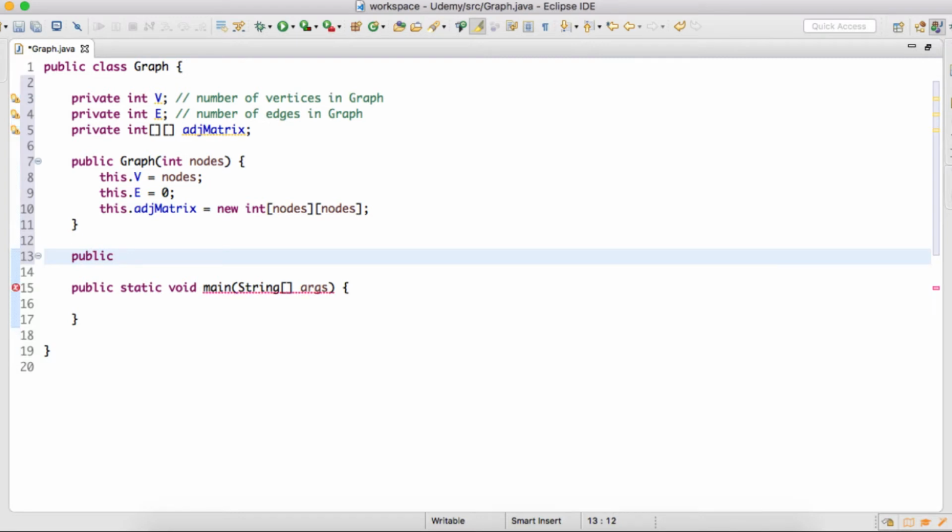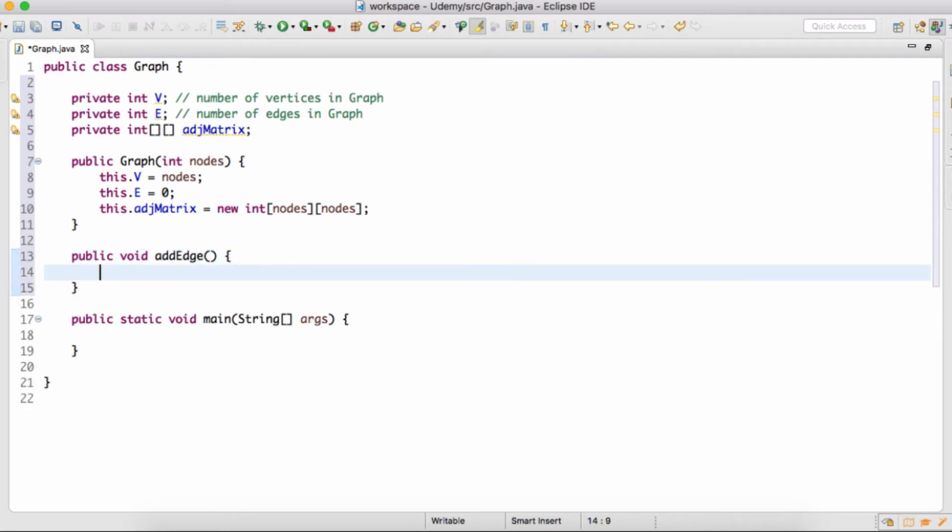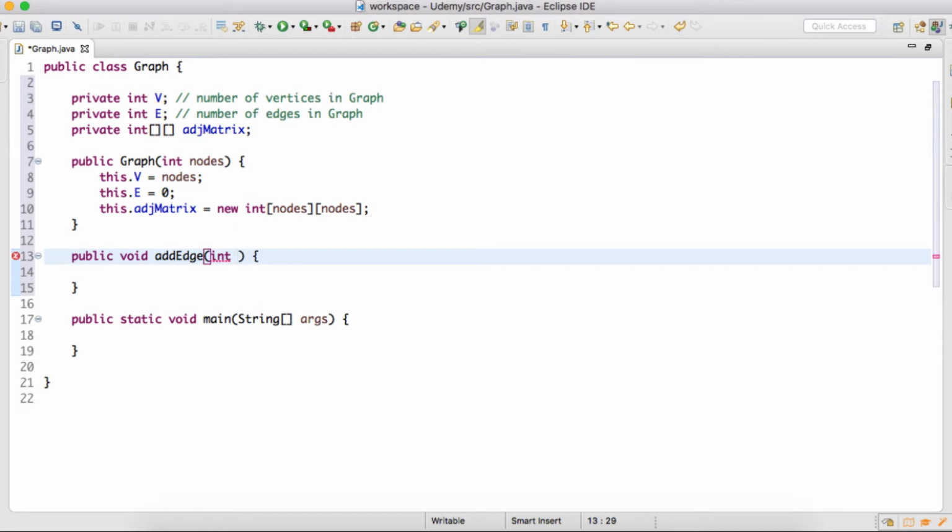We'll also create an addEdge method, which will add an edge from u to v and vice versa.